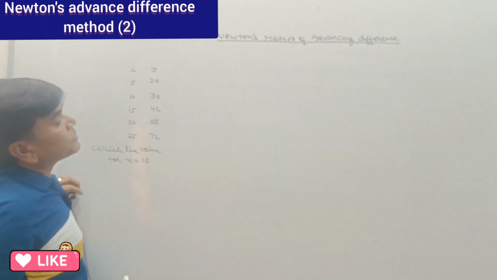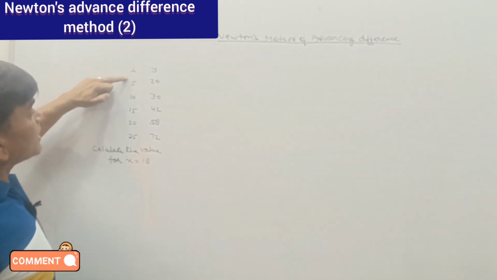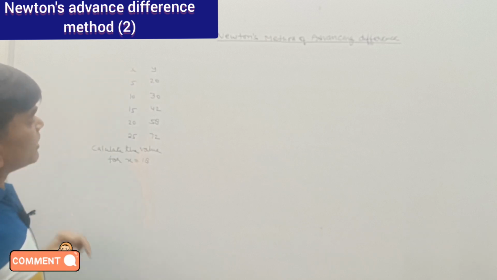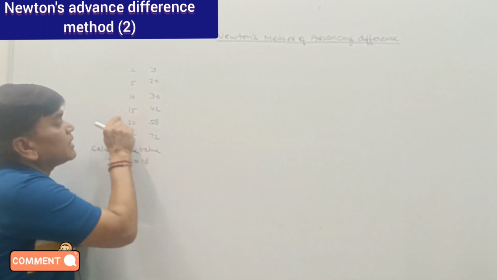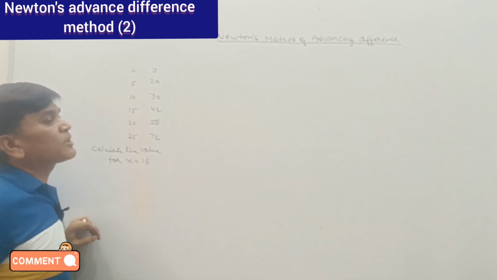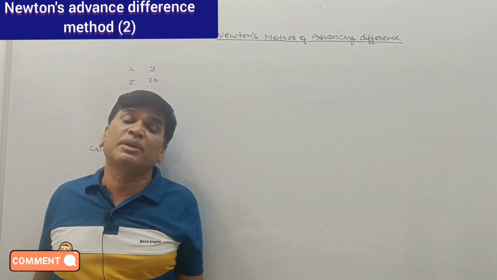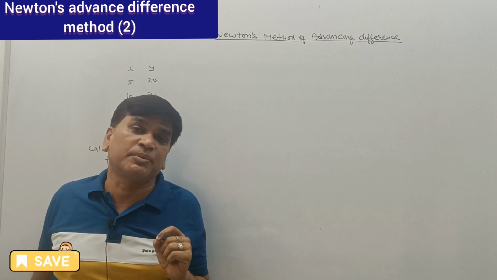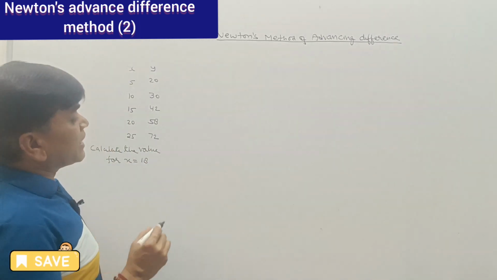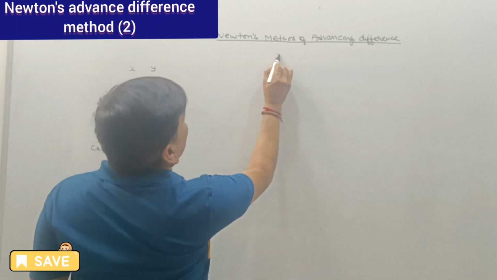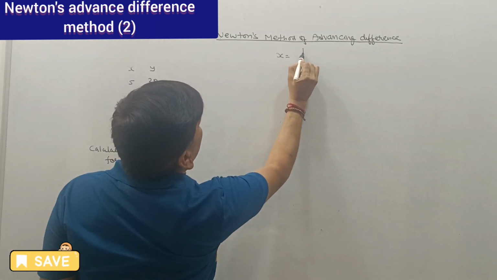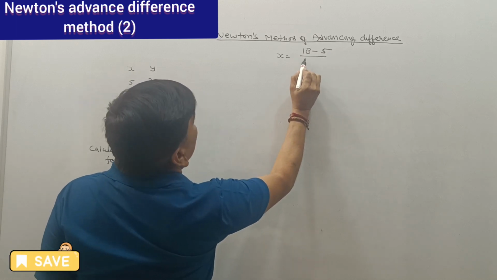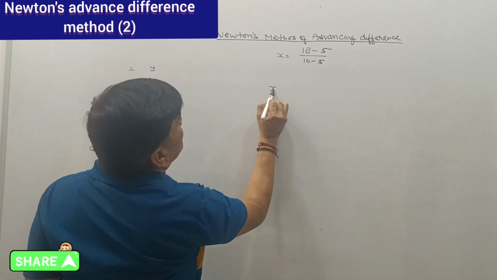So we have to use the Newton advanced difference method, because here the differences are equal, 5 to 10, 10 to 15, 15 to 20, 20 to 25, and we have to interpolate a middle value. So the Newton advanced difference method is very suitable for this type of interpolation. So first we will get the value of x, that is 18 minus the first value, divided by the difference of two values, that is 10 minus 5, because the formula is